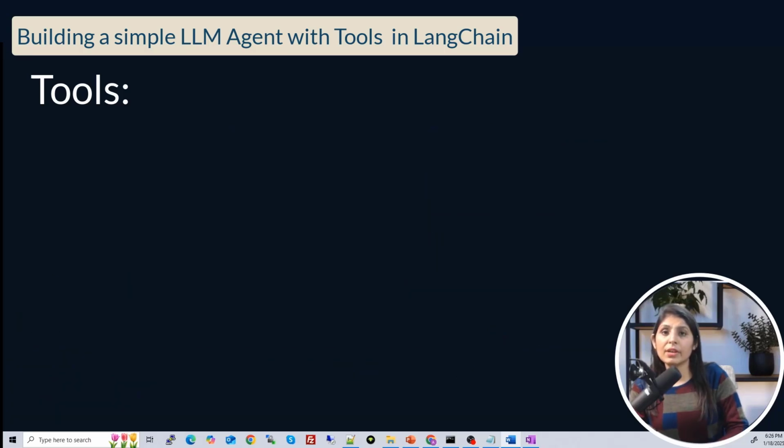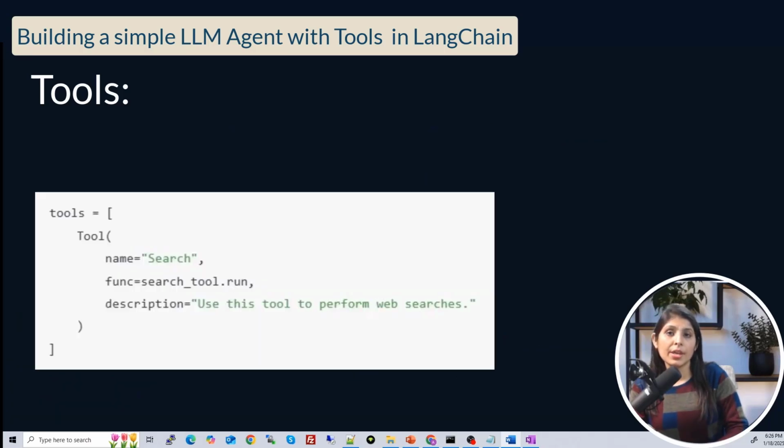So there is a specific way to define these tools. Each tool will always be defined as a callable function or a class. It must include name, function, and description as shown in this example. So in this tool, search is the name of the tool, and then this search_tool.run is a function.